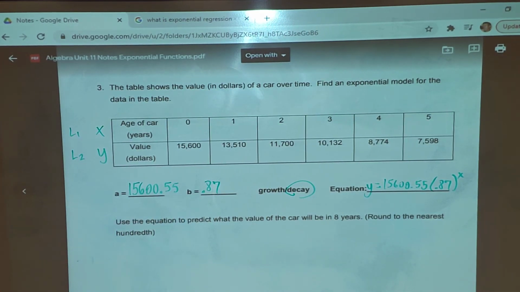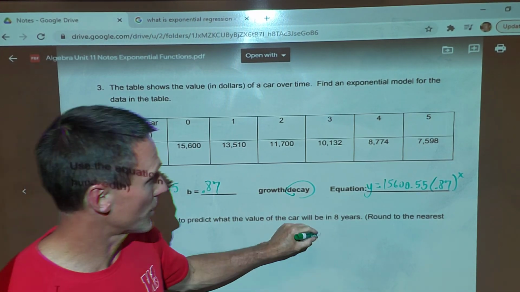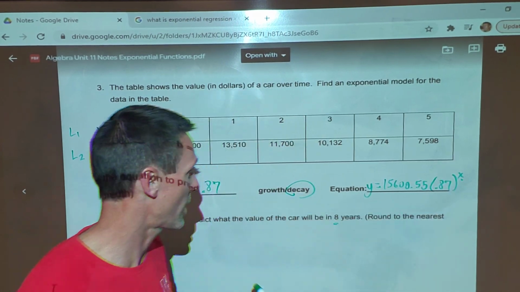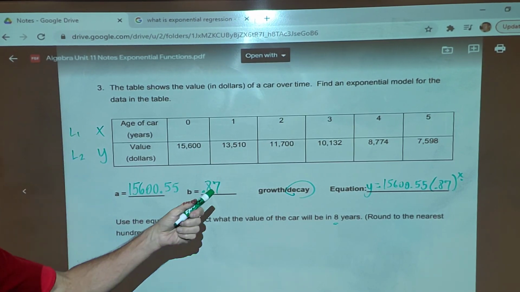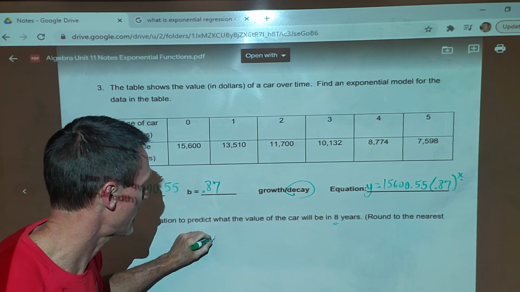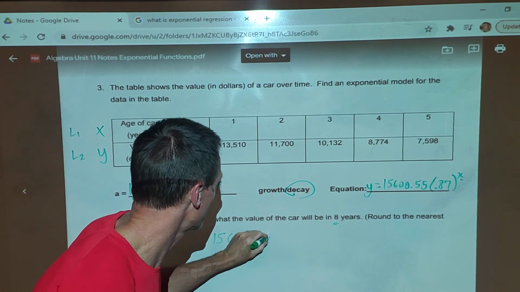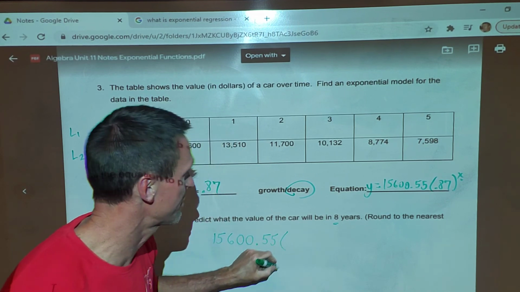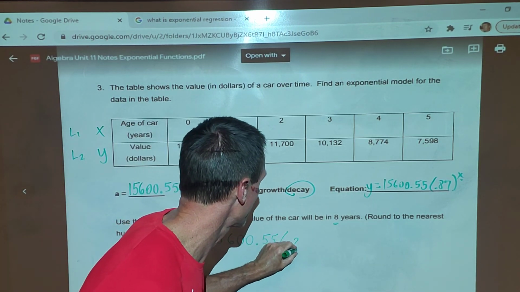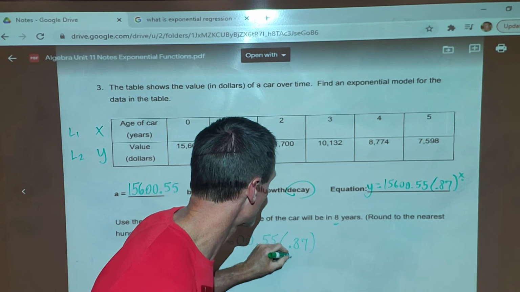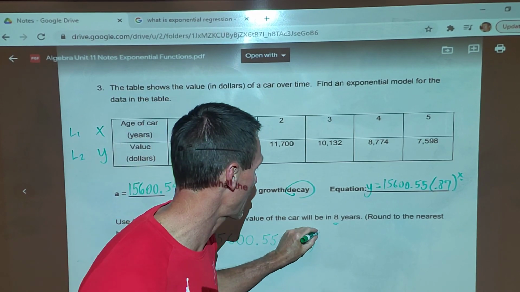Now, if we're looking at the value of the car in 8 years, again, number of years is our age of the car, so we're going to plug that in for our x exponent, our exponent of x. So if I go 15,600.55 times 0.87, and then raise that to the power of 8,